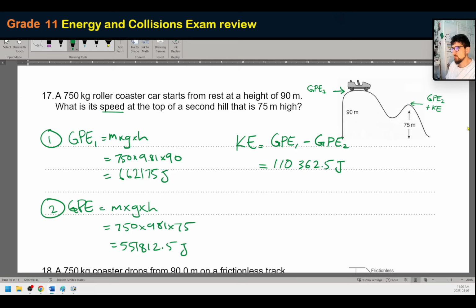So what do we do now? What we do now is we go, oh, hang on. We know that that number is equivalent to half times mass times velocity squared. We're looking for the velocity, so we know that v is equivalent to the square root of 110,362.5 all over half the mass, which is 750. That doesn't look very clear, does it? Here we go. Slightly better. And so the speed is going to be